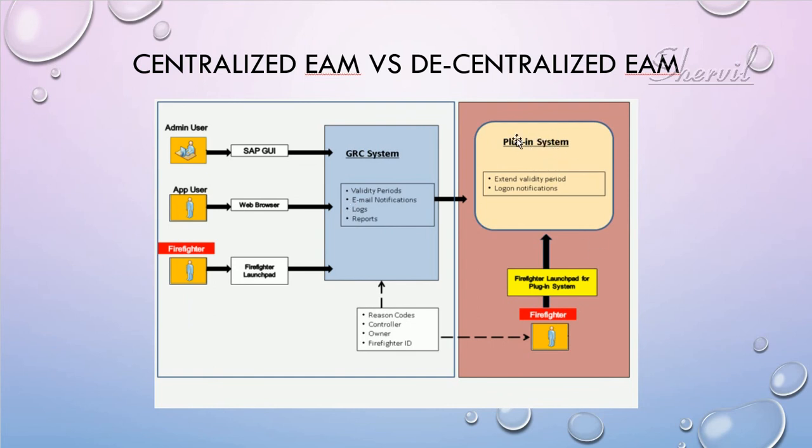You just have to create the firefighter IDs there, and then in the GRC system, you assign that firefighter ID to the firefighters, the users. So in this case, you don't need to have the users' IDs exist in the plugin systems. But in decentralized EAM,